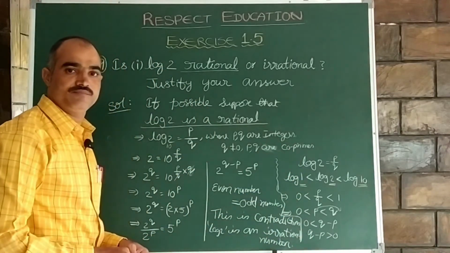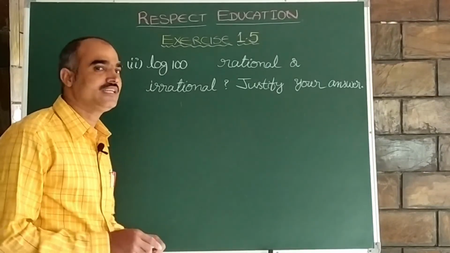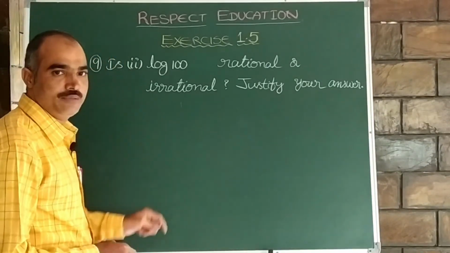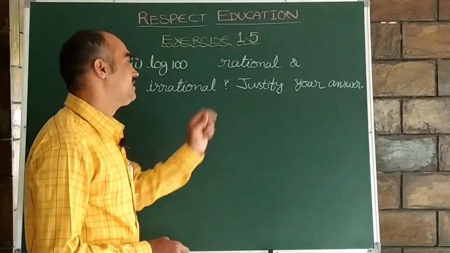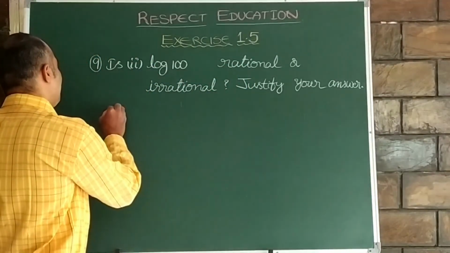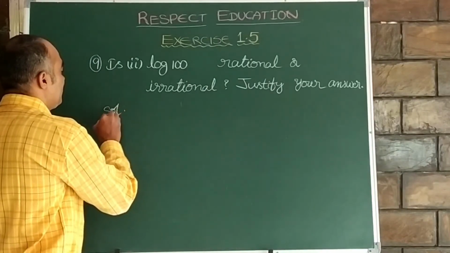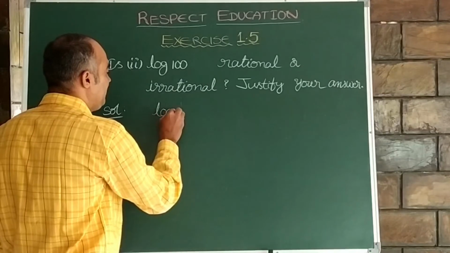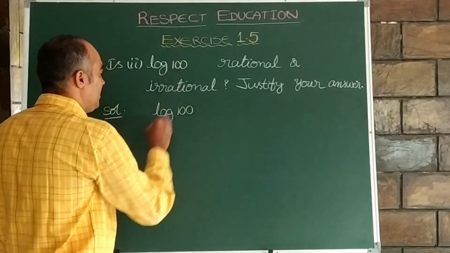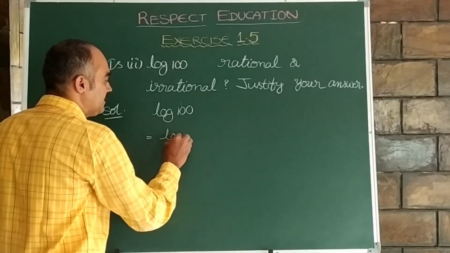That's all, children. Now let us see the next question, that is the 9th question, second bit. Is log 100 rational or irrational? Justify your answer. So here let us consider log 100. Log 100 can be written as